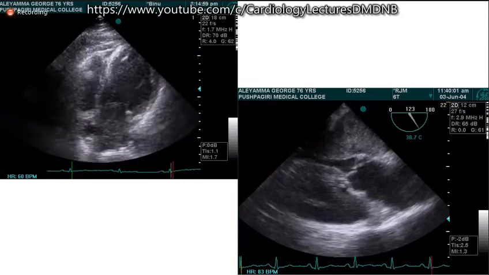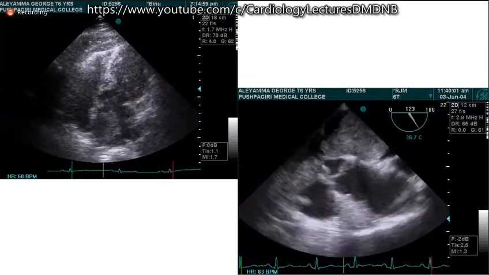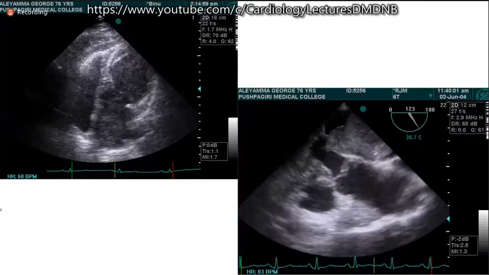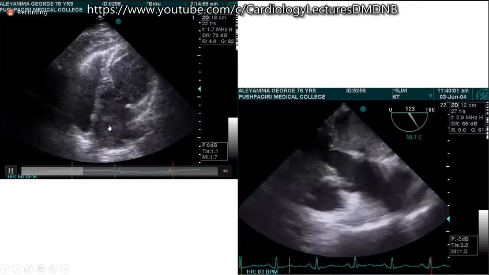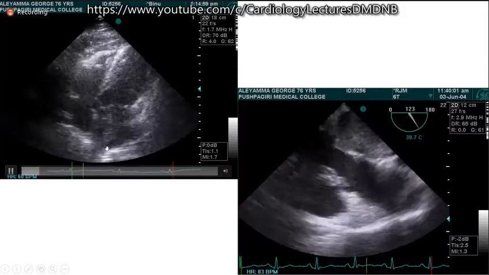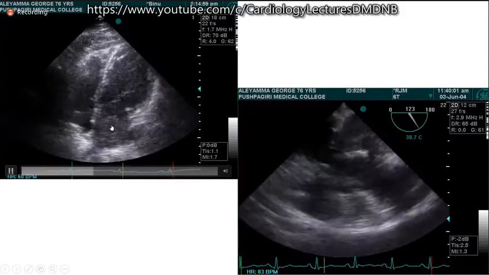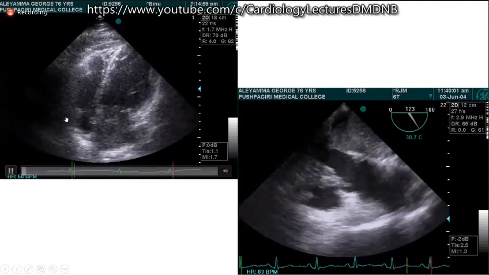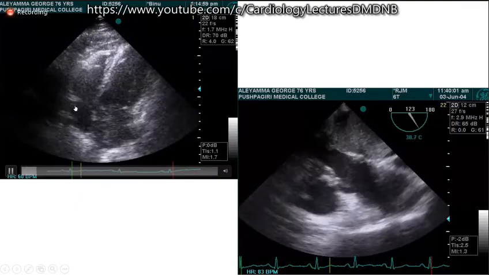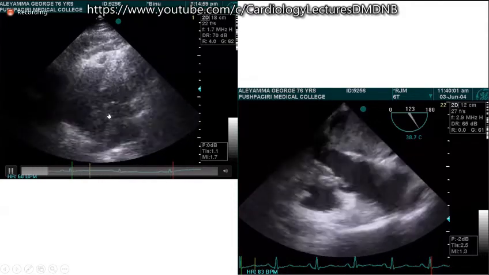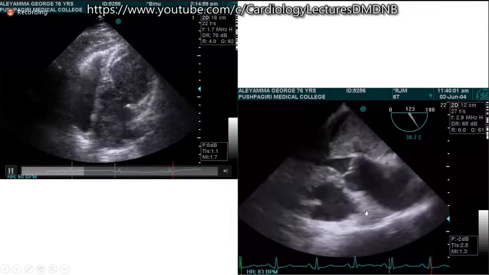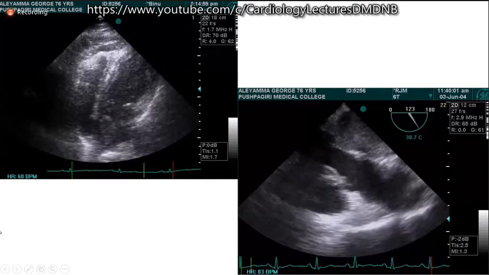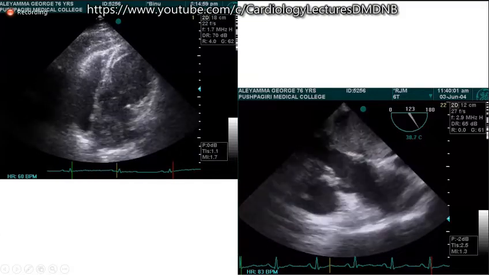Sometimes it may be very difficult to see from the transthoracic view, especially in a very obese person. You can see something which is moving here, but it is much less clearly seen than what we saw previously, because that was in a very thin chest wall person. Here it is a thick chest wall person, an elderly person, and then a transesophageal echo always helps.